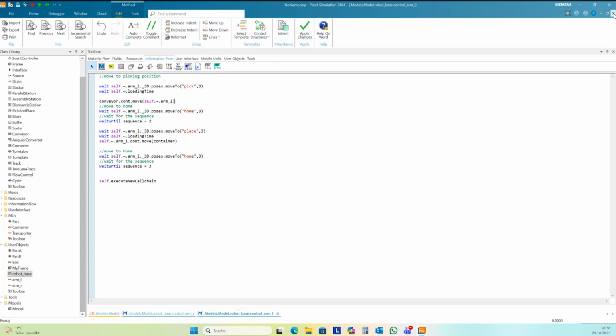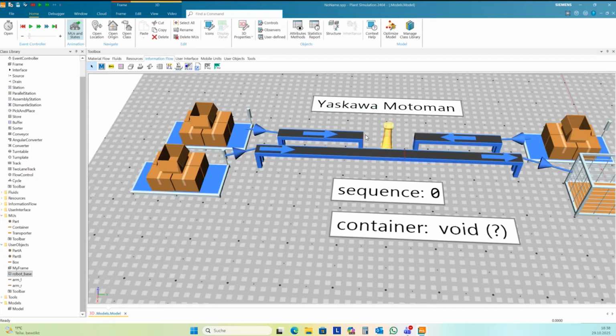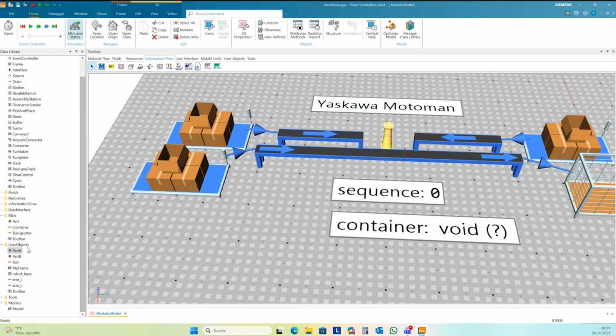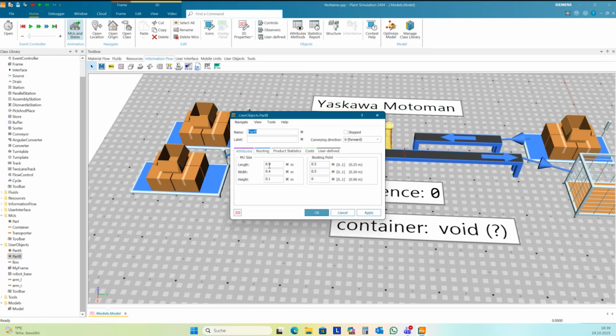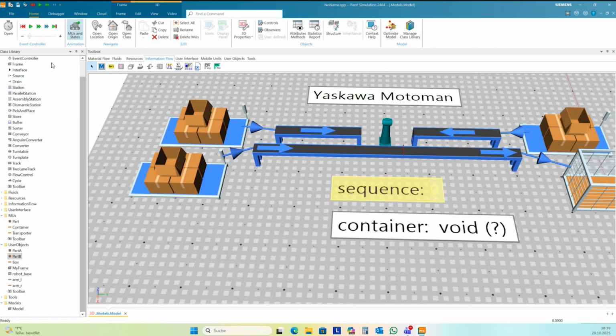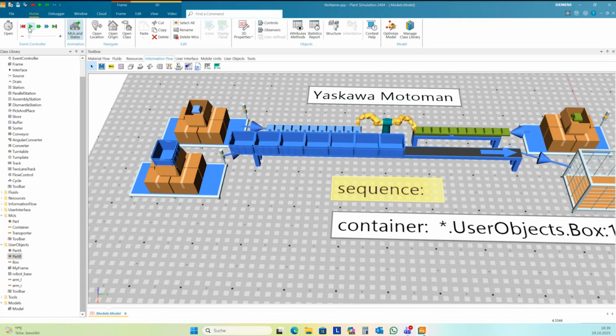Okay, so I change the size of the parts A and part B a little bit. Okay, and start again. Now both arms at the first step load their parts.